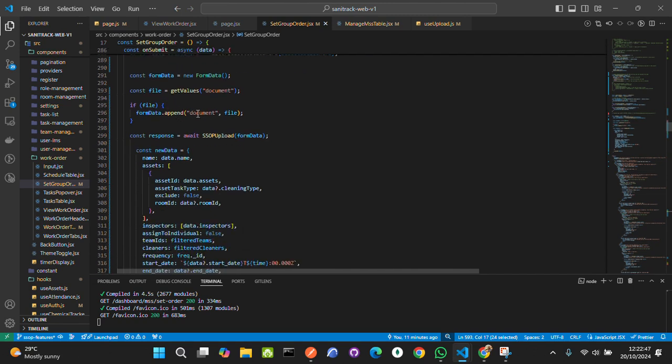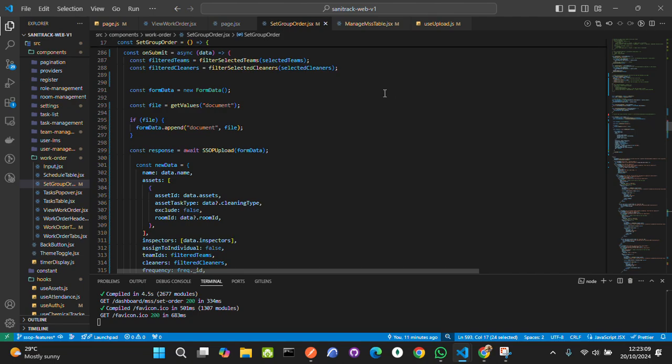and then I'll append the value of the documents field to the form data, and then I'll send my form data to this SSOP function. And this SSOP function was actually imported from one of my hooks. So it's a hook I created, and as you can see over head at the top,